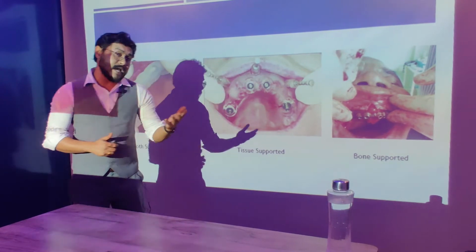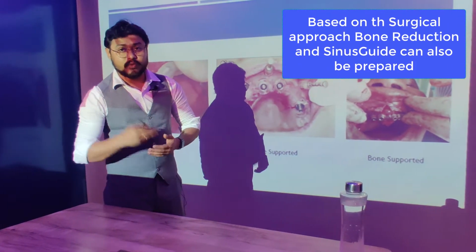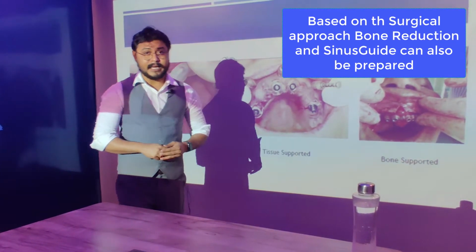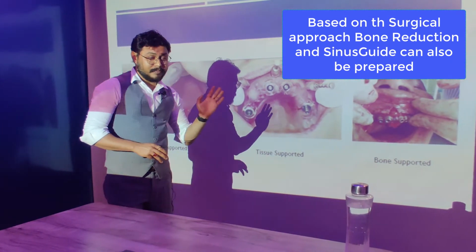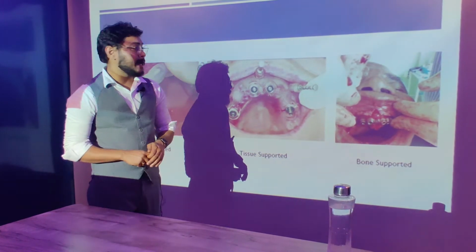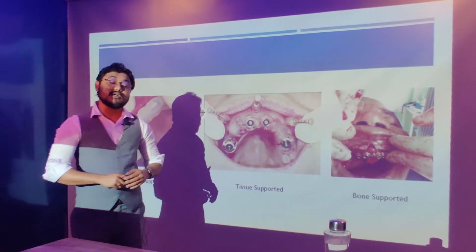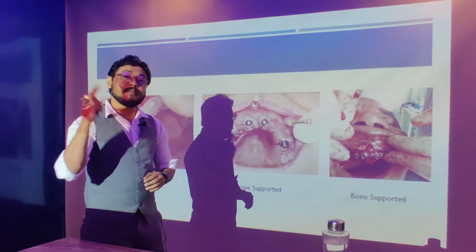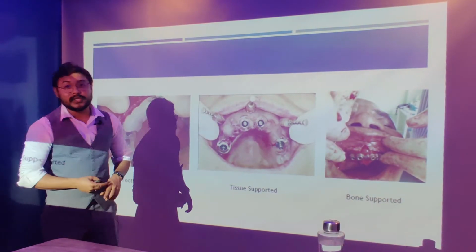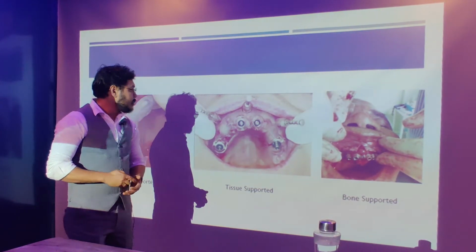In addition to this, we have the bone reduction guide, which helps you to reduce or trim the bone by a predefined amount that we set during treatment planning in the software. Nowadays we also have the sinus guide, where we can prepare the indirect sinus lift, right? And the zygoma surgical guide. So these are the additional surgical guides, right?